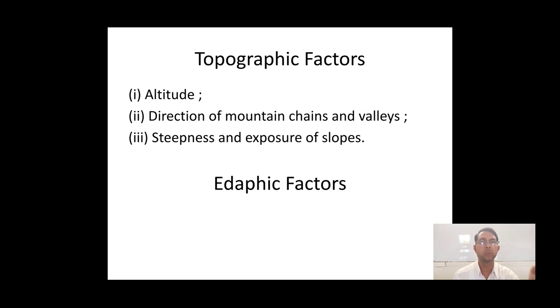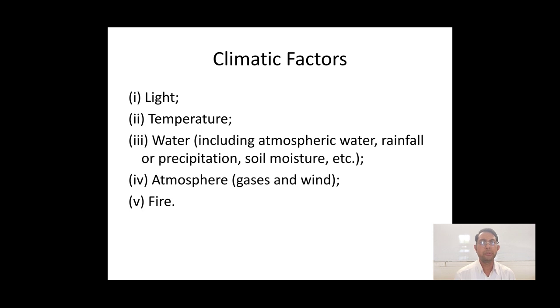Now the third most important factor is the edaphic factor, and this edaphic factor is the parameter related to soil and soil structure. So when we talk about soil, there are different parameters such as soil structure, soil inclusion, for example different combinations of soil. All these are nothing but the edaphic factor. In the climatic factor we can say light, temperature and all these factors are included.